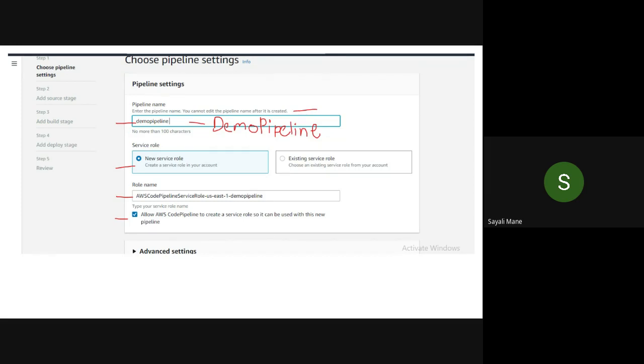Shubham, please type demo with D capital, P capital and then C, because it should come automatically along with the pipeline name. Click on the new service role and then the role name should come. Other students, are you getting the role name automatically, right? Yes. Okay. So please take a screenshot of it and highlight this part.